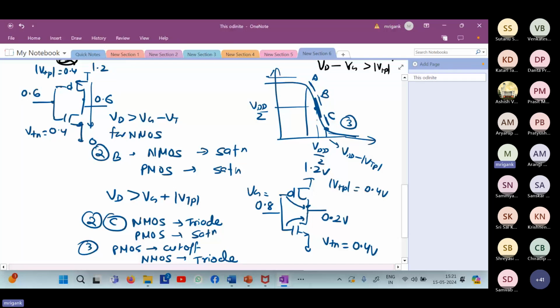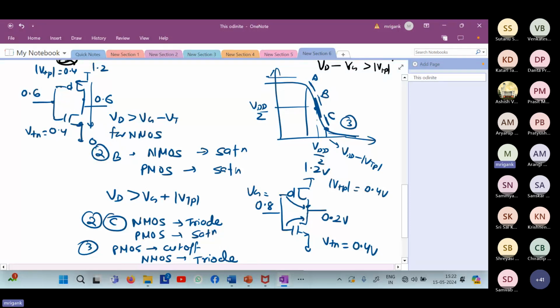Because as we move away from the B point, the current in either the NMOS or the PMOS is becoming weaker. If you go for an input voltage higher than the B point, the NMOS current is becoming stronger, but PMOS is becoming weaker. And if you go lower than the B point, what we can assume is that the NMOS current is becoming weaker. But eventually, the current in both of them is going to be the same because they are in series.